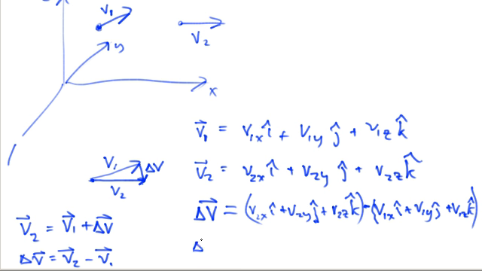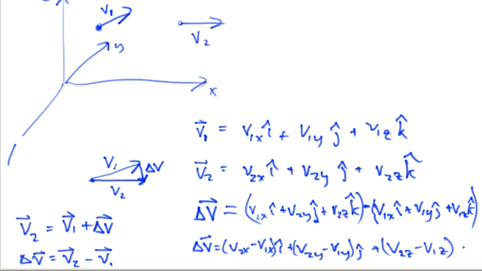And so delta v is v2x minus v1x all times i plus v2y, same thing for the y's, times j plus v2z minus v1z all times k. So this is our delta v,